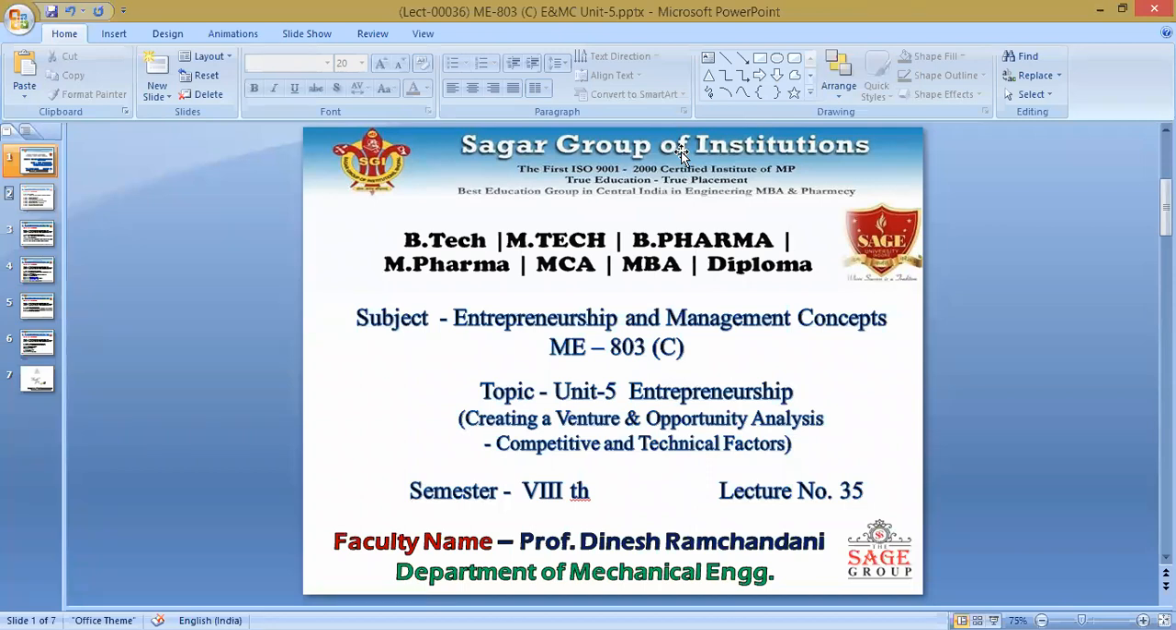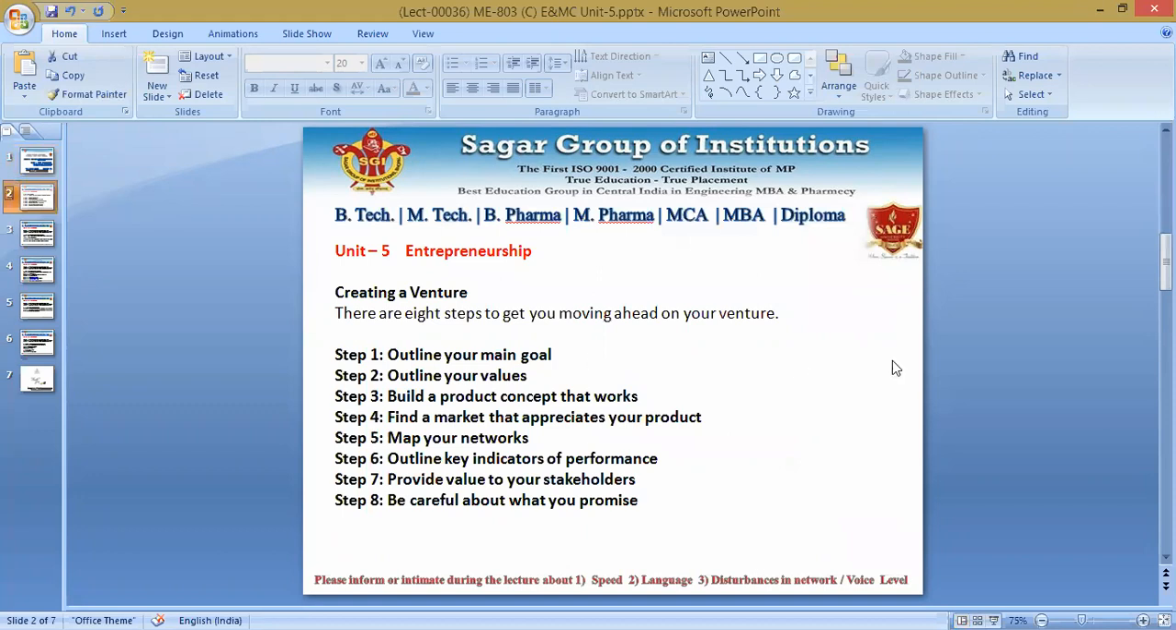Entrepreneurship Unit 5, creating a venture and opportunity analysis, discussing the competitive and the technical factors. Now, first of all, let us understand how to create a venture. This is a quite important class, and we should understand when we want to get into a venture. So how to get into the venture? First of all,